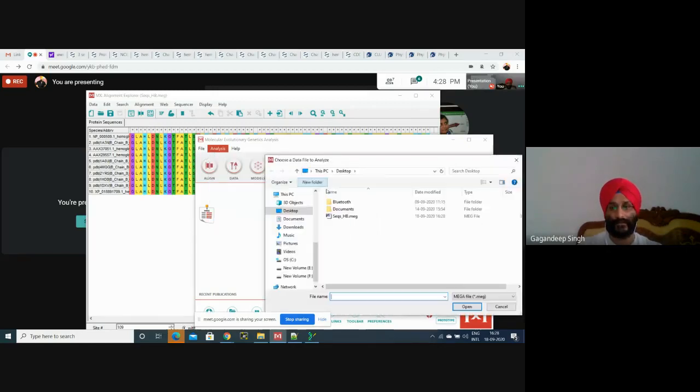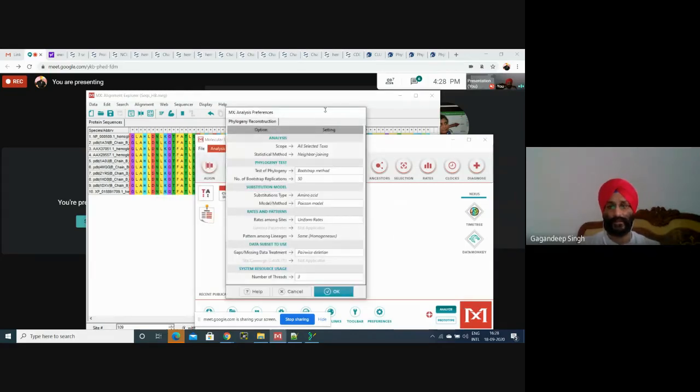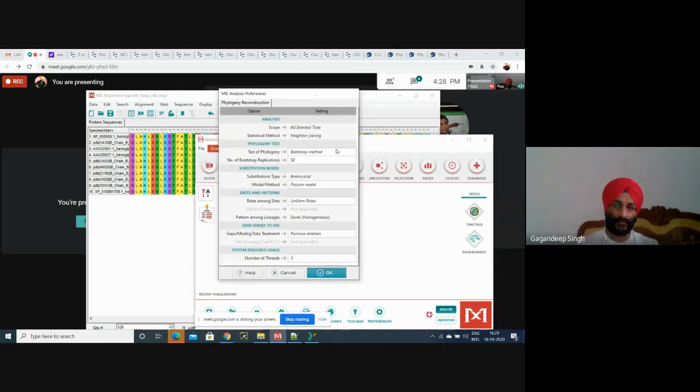I have shown you this neighbor joining and UPGMA, and this will come again. I'll teach you. Firstly, please see this. I'm using 3 threads. I have 3 threads in my computer. This is a pairwise deletion. Bootstrap replications, I'm using only 50. But for a good tree, you should use at least 10,000.